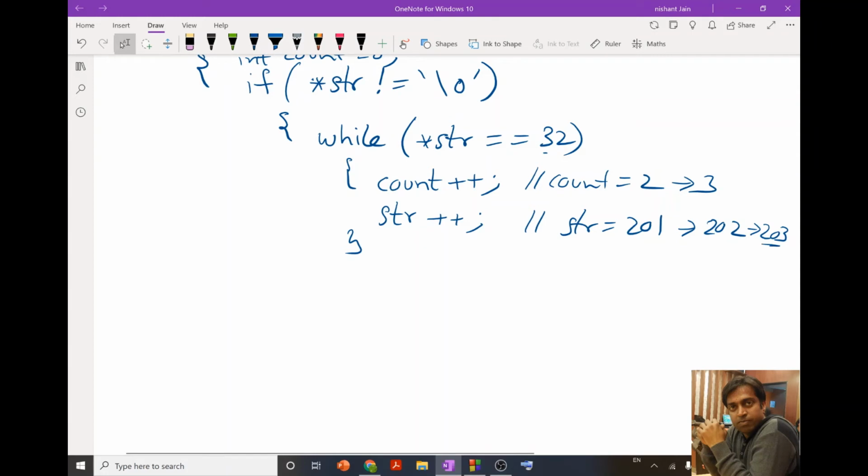After this at 203 again it will go back, star str equals to 32. Now since at 203 we have the character n, this condition becomes false. Since it becomes false, we come out of this while loop, and at the end of this while loop we have the value of count, which is nothing but the number of spaces that are there in the string. After having this value of count, now our task is to remove those spaces, which means we have to shift the remaining string to